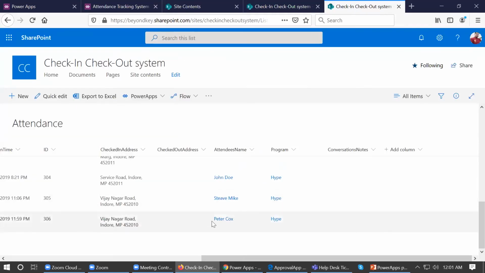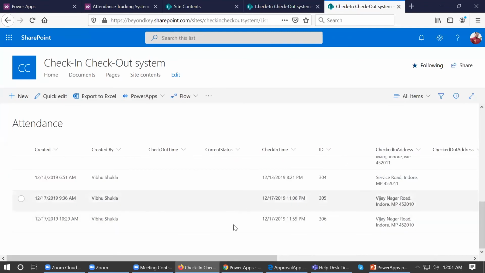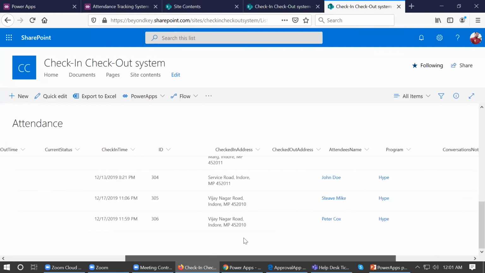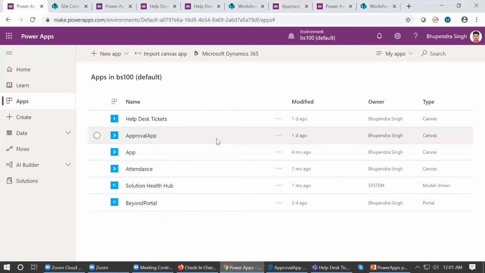Here you can see that Peter Cox is now checked into Hype, and Vibhu is the person who added him into that particular event. So this is the first application, and now I will move to the second application, which is the expense approval system.